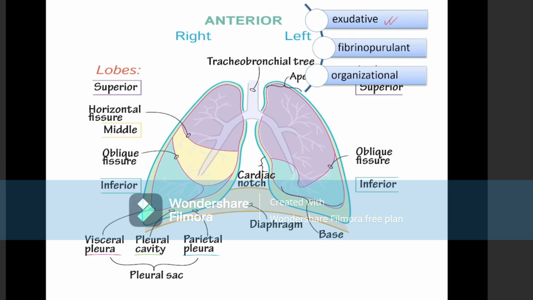The virus or bacteria enter the trachea, go to the bronchus, accumulate in the alveoli, and proliferate here. And due to this proliferation, the alveoli near the visceral pleura get inflamed. And due to this inflammation, the visceral pleura is also inflamed and produces lots of edema. And there is also accumulation of neutrophils